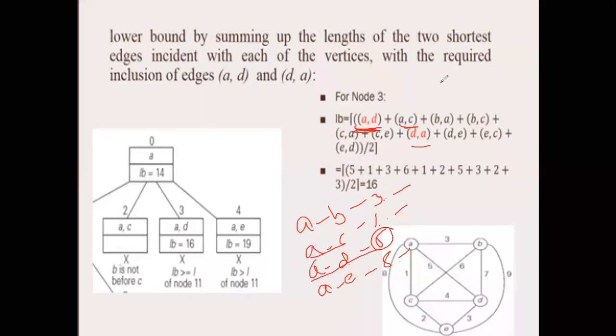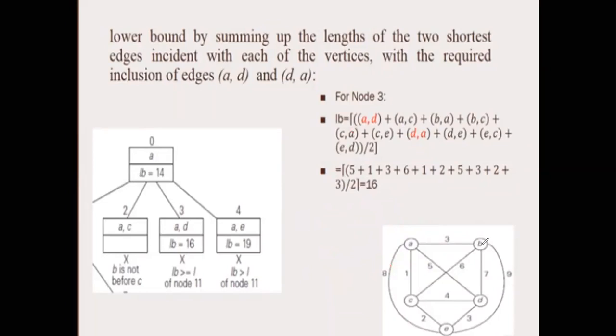So next, this is for A to D. Next from B, there is no constraint. So B to all the remaining, consider the one which is very small, the two shortest nearest paths, that is B to A and B to C, which will be left out as it is. So C to C also it will be left out as it is. The previous one only we were going to take.